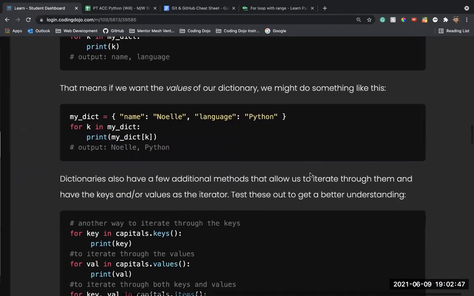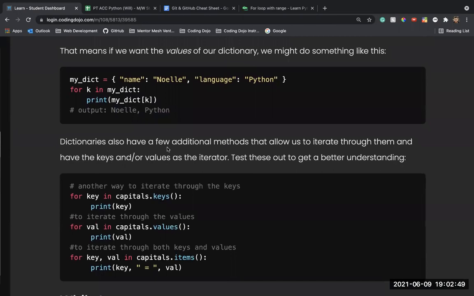Now, what I can also do is there are some built-in methods with dictionaries that allow us to iterate through them, and we can actually have our keys and our values iterate together if we wanted. There's a couple of ways to iterate just through our keys, and here's just through our values. You just add on for key in, let's say, capitals.keys(), right?